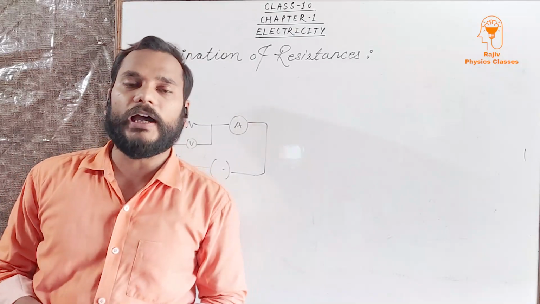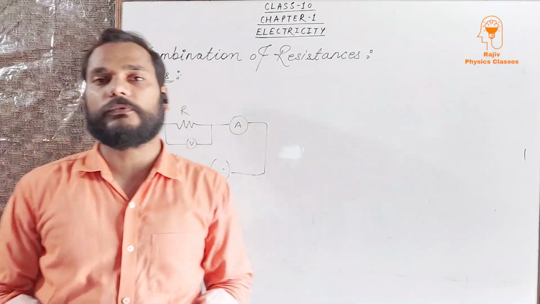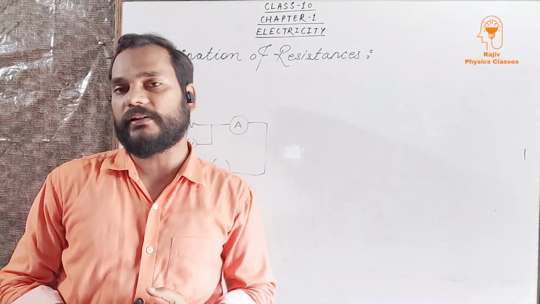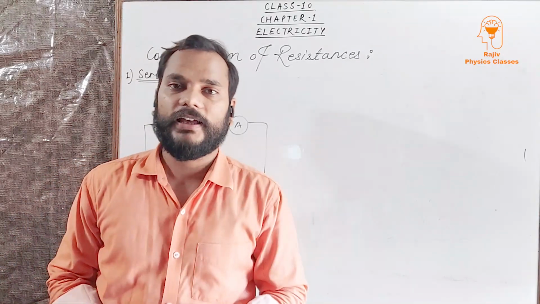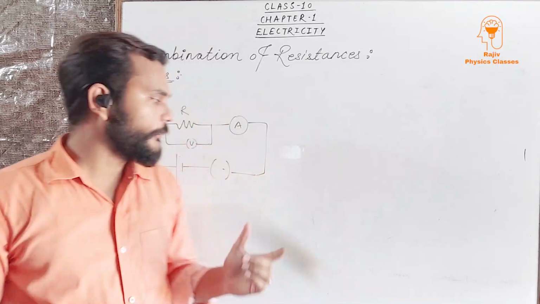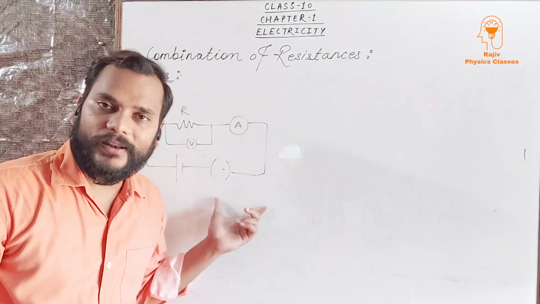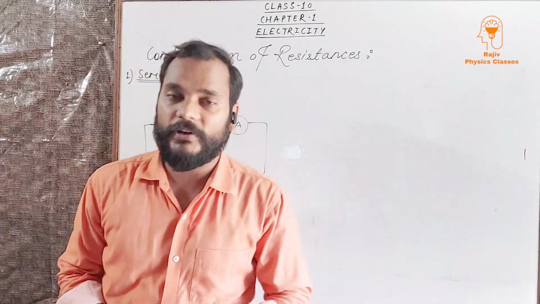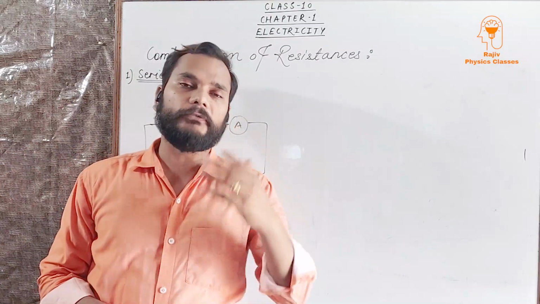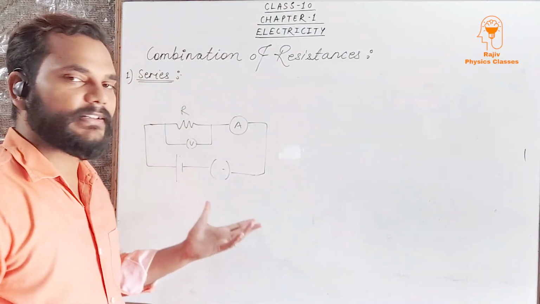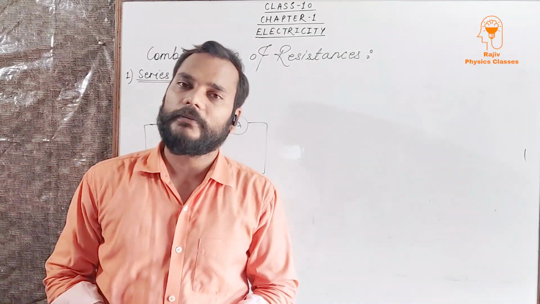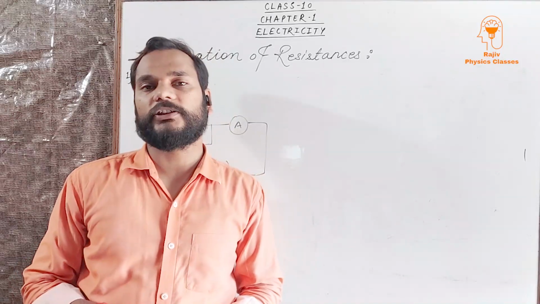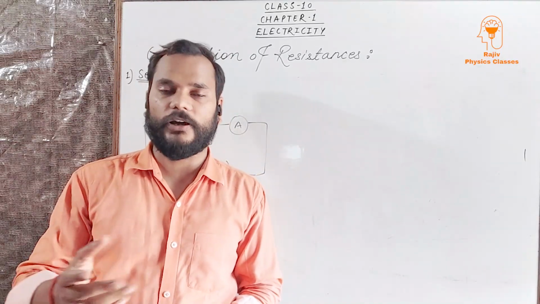In my next video, I will tell you the parallel combination of resistances, which is used to decrease the combined resistance in the circuit, as well as the reason why the ammeter is connected in series and the voltmeter in parallel. I'm waiting for your answers, children. Go and find out the answers. For today it is sufficient. In my next video, I will teach you the parallel combination and some other topics.